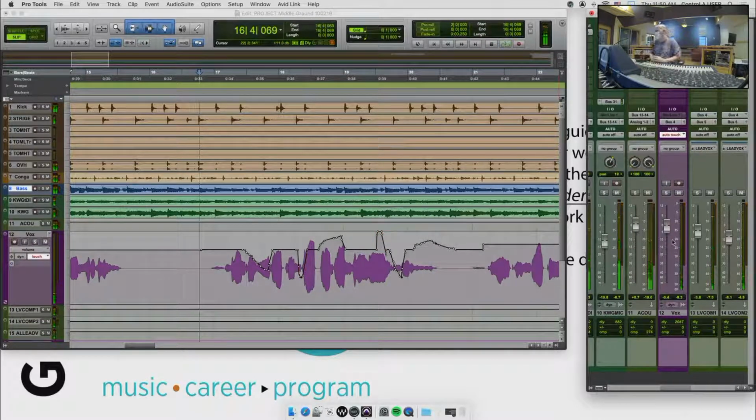See, I just added those little bumps, and it didn't erase what I had before because I'm in auto touch. It only wrote when I actually touched it. Okay? So auto write writes the entire time that it's playing, no matter what you do. If I hit write again,